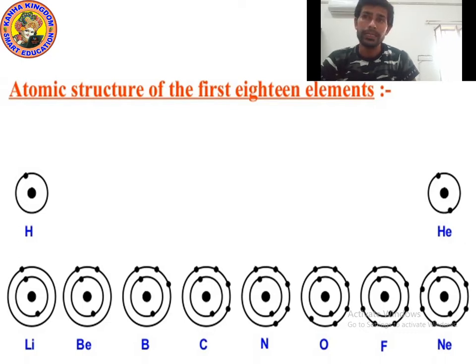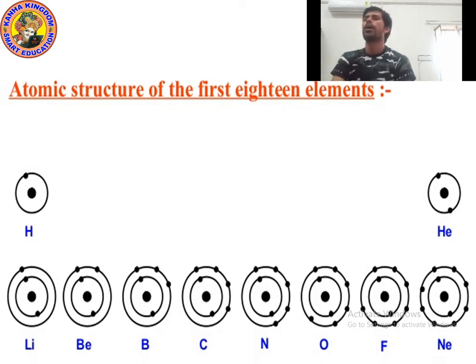So now in the next circle, how many electrons can we fill? We can fill a maximum of 8. But how many electrons does nitrogen have remaining? Nitrogen has 5 remaining electrons. So we will fill 5 electrons. We will make 5 black dots in the next circle. Okay, as you can see on the screen.